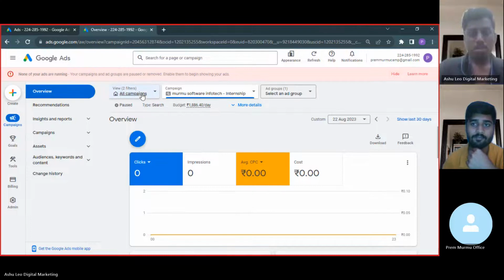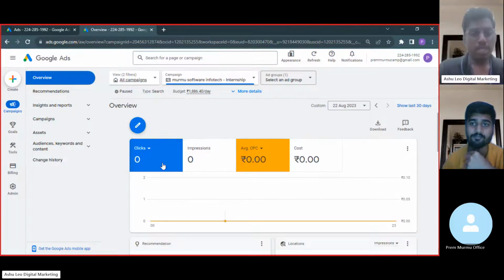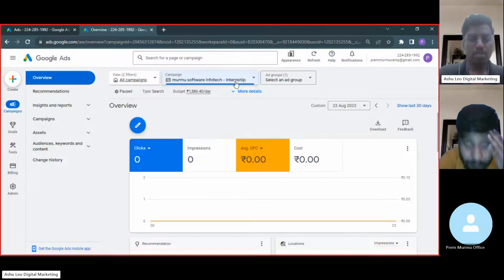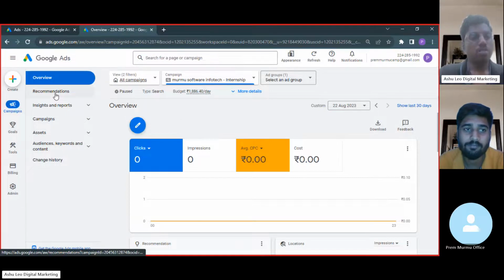Right now we are not running any kind of ads, but we have already run some of our company ads, Murmu Software Infotech internship. So I'm going to explain in a simple way what campaigns are and what the process is to